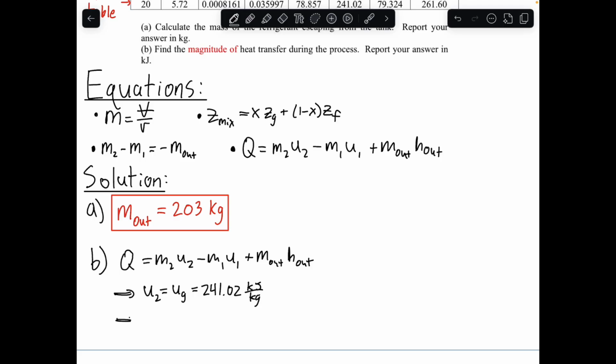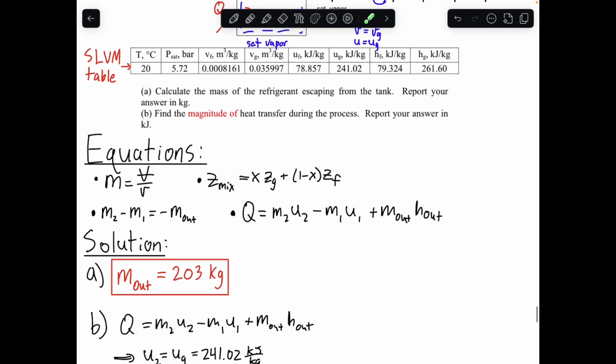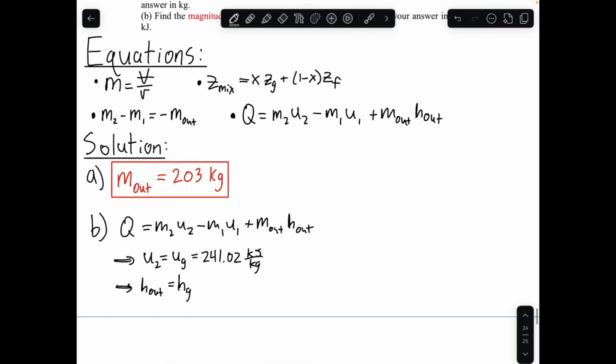And then also we know that H out will be our enthalpy at the saturated vapor state, because at the outlet we have saturated vapor. So that's just going to be this value in our table here, 261.6